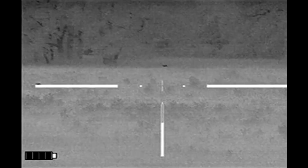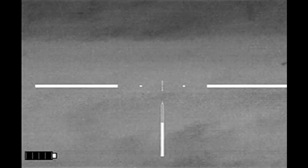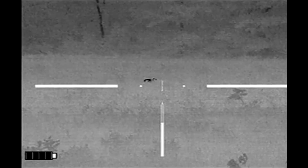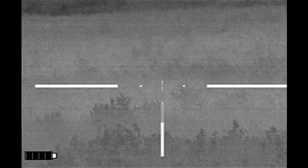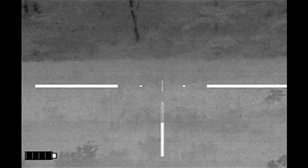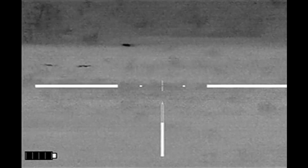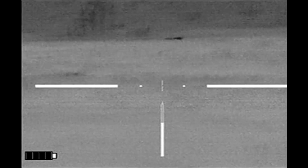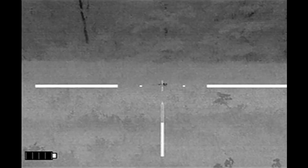Okay, this group is with the Trijicon IR Hunter 35mm Mark III on my 12-inch LWRC 308. As you can see, the hogs are in really tall grass. These are adult hogs, and you'll see them for a second and then they totally disappear. There's a lot more than what we originally saw. That was a deer back on the tree line. Here you have one under a tree, a few more passed out in there, but there's probably 20 hogs in